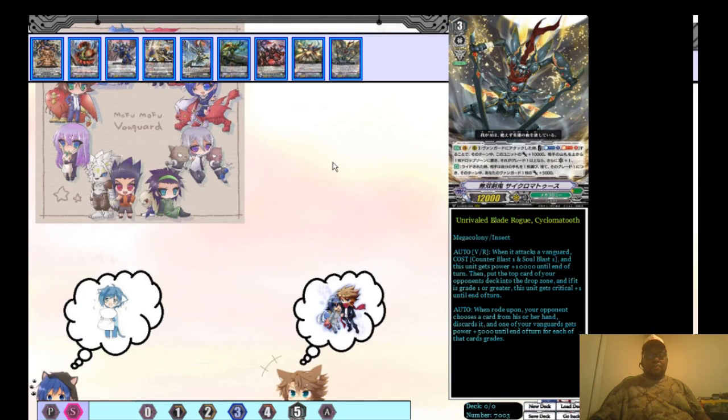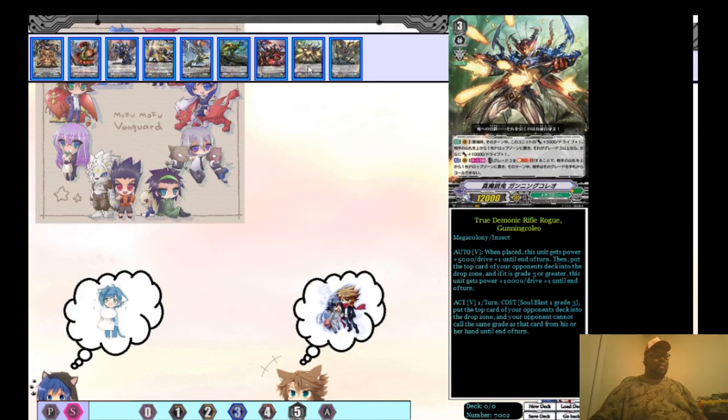So, with that being said, I see this ran at a 3 to 4 up. And last but not least, Gunning Khalil. So when placed, this unit gets power 5k plus a drive to the end of the turn. Then put the top card of your opponent's deck into the drop zone. And if it's a grade 3 or greater, this unit gets power 10k plus 1 drive to the end of